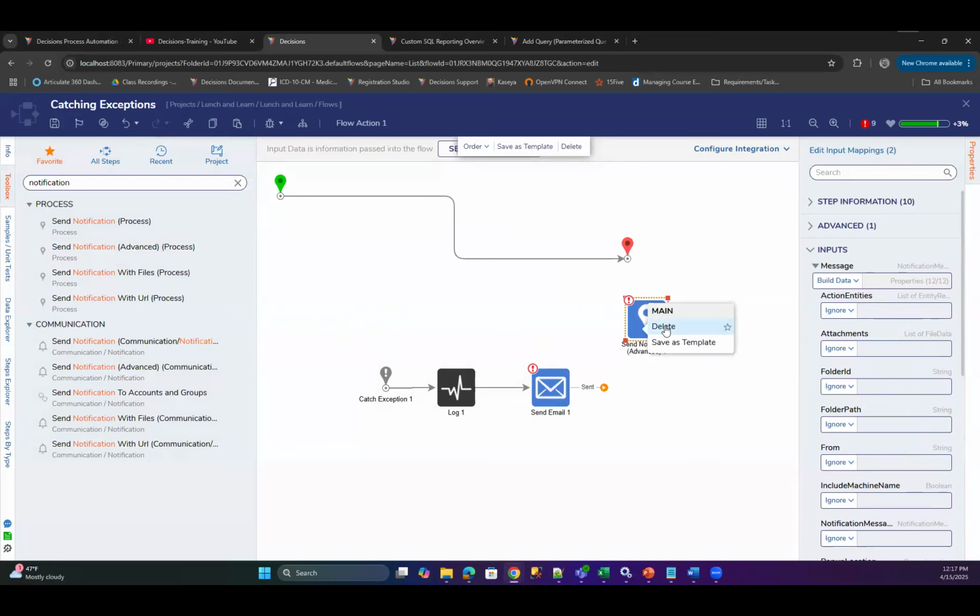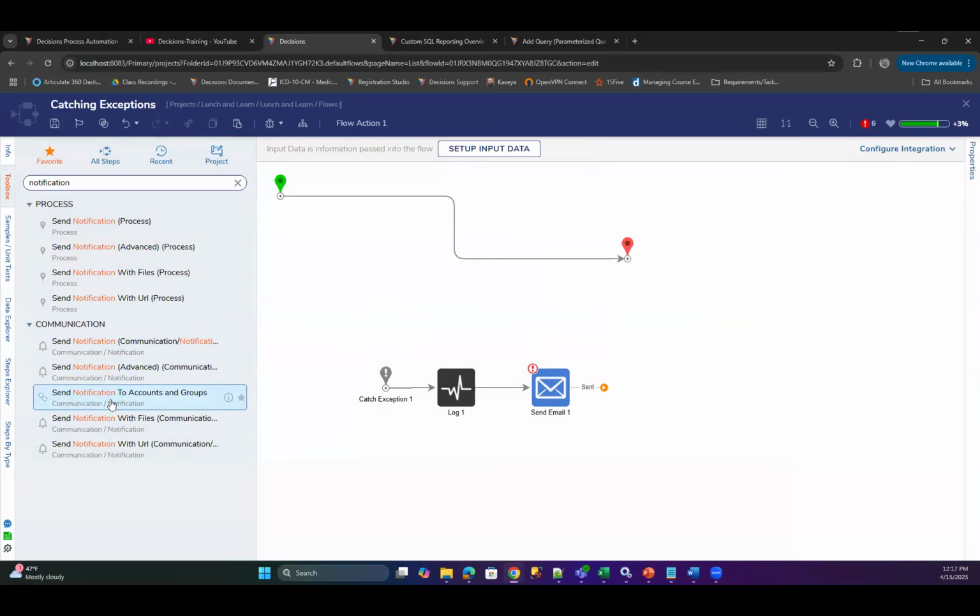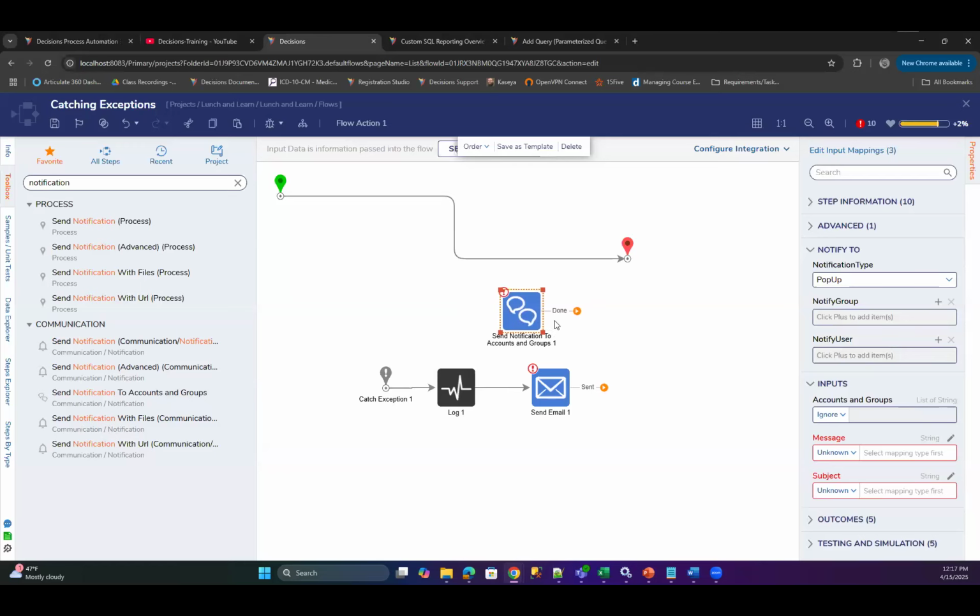That's a process notification anyway. So you can send, there's one: send notifications to accounts and groups. You can actually create your message that comes from your exception, with the subject and everything, and provide it to specific groups. It works similarly. So how does this work? Oh, email, pop-up, SMS. Oh, SMS. So depending on what you have configured, you might be able to